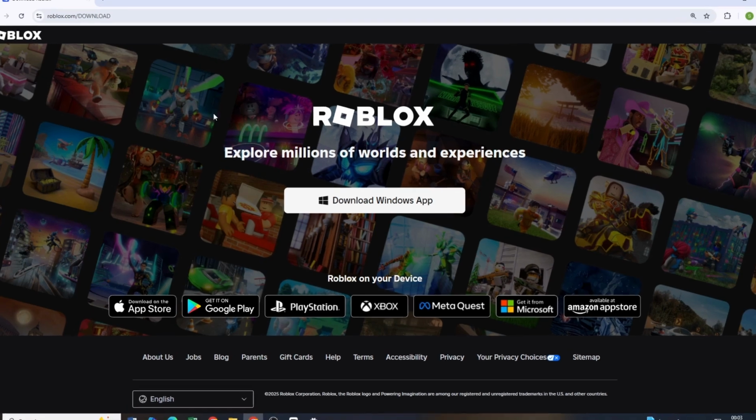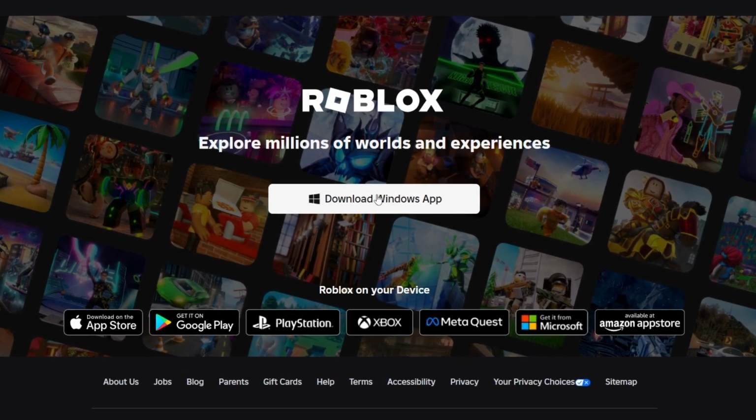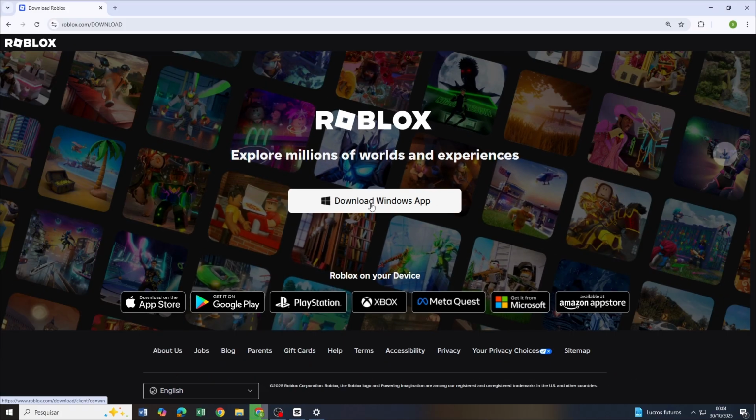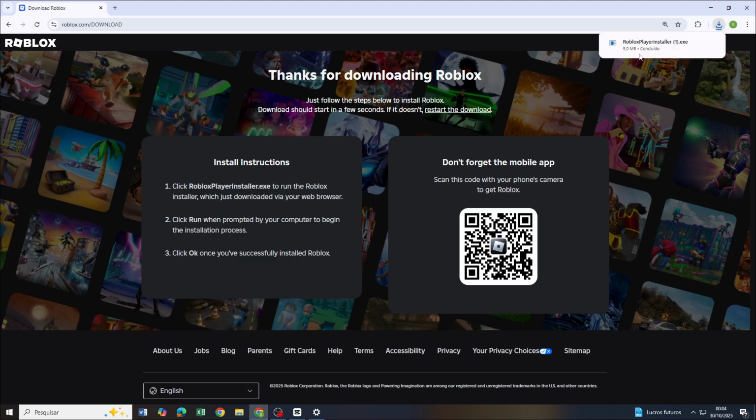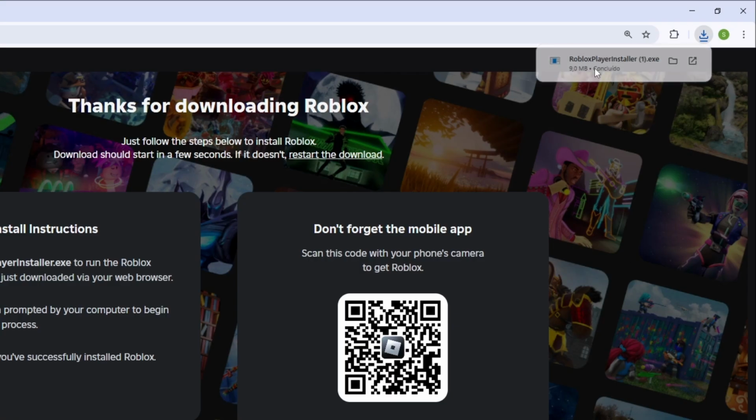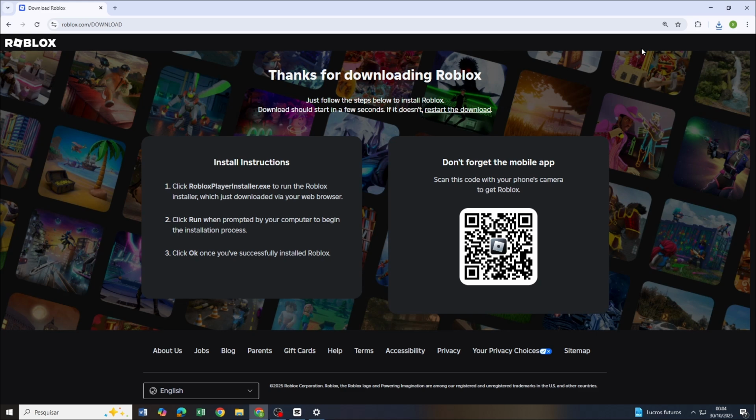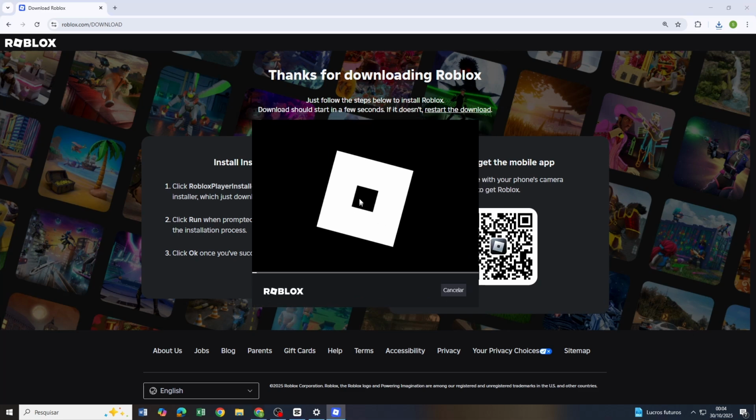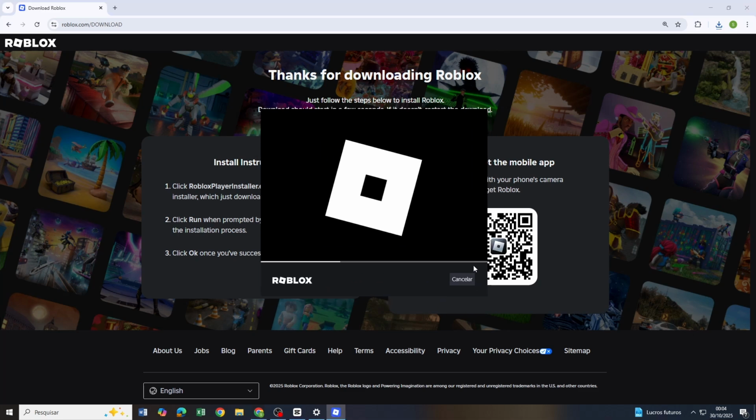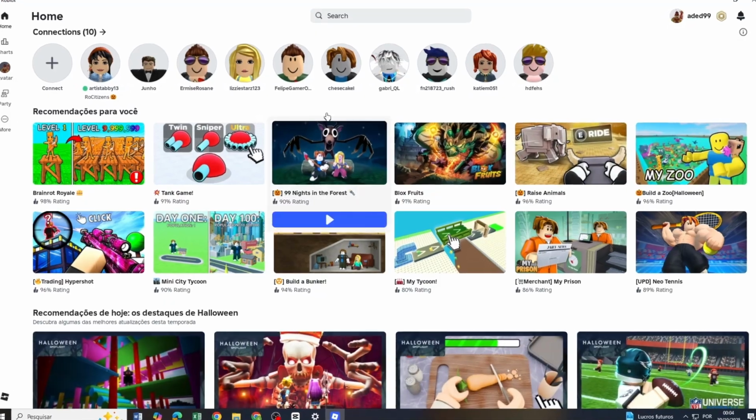roblox.com/download. Once you're on the site, you'll see a button in the middle of the screen that says Download Windows App. Click that button and the Roblox installer will be downloaded. Just open the installer and wait for it to launch. Then you just have to wait for it to finish downloading the game and you're good to go. The Roblox app will open automatically after the download is done, and all you need to do is log in